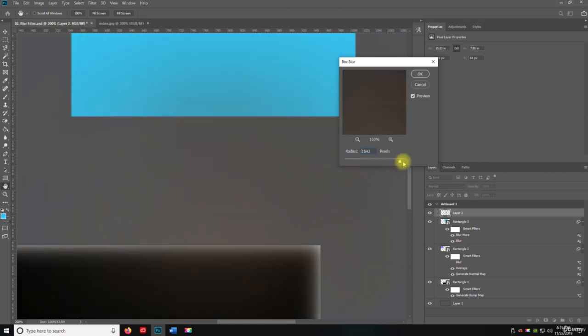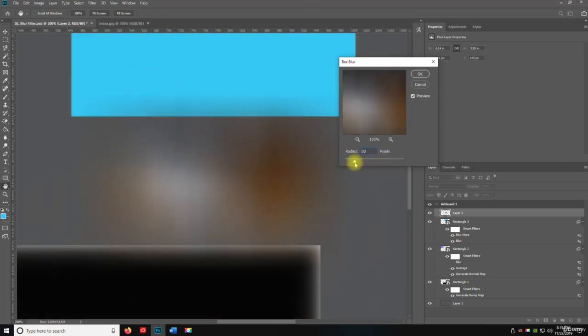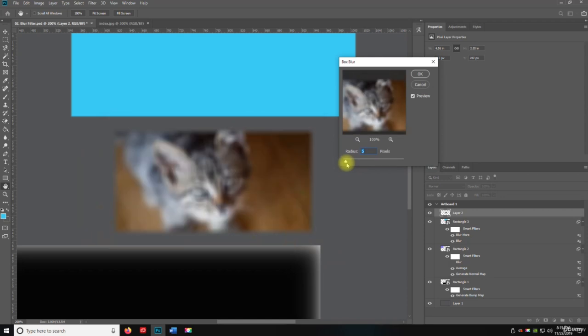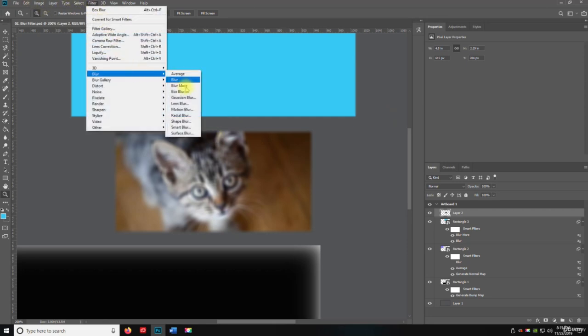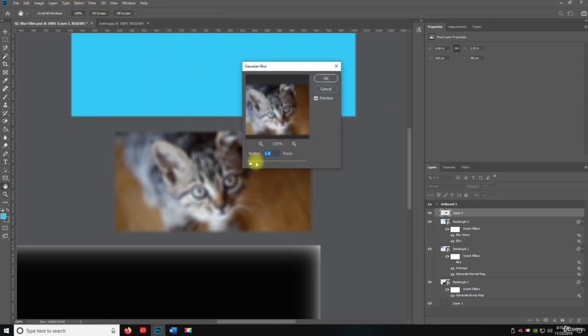I mean, you can really blur this out a lot if needed. You see, I can barely see the cat there, and that's only 5. So we could do that. I mean, that's good there. So I'll hit OK. Then if we do Filter, go to Blur, and do Gaussian Blur,